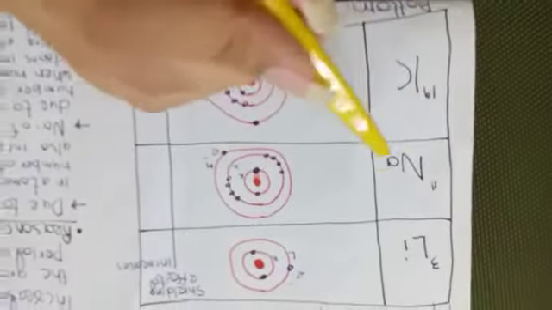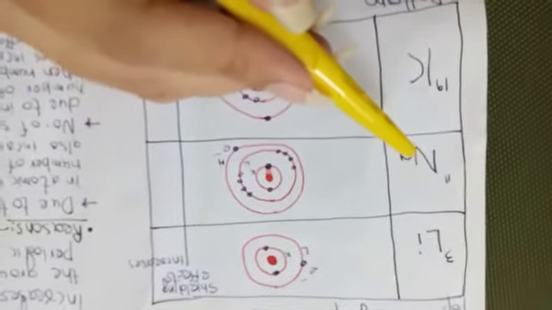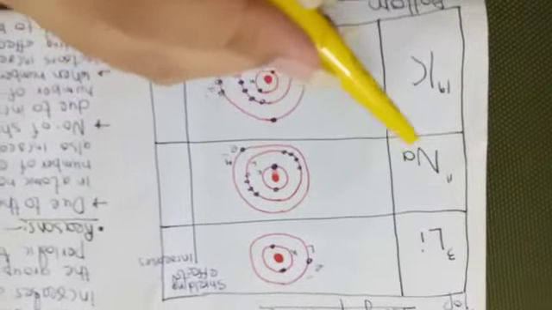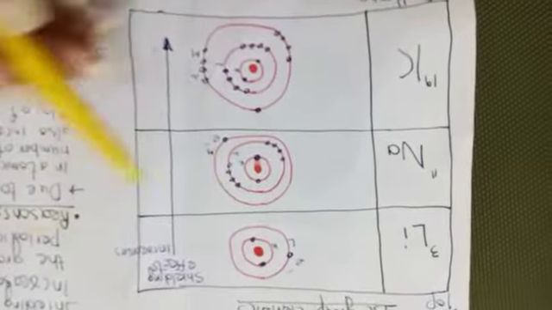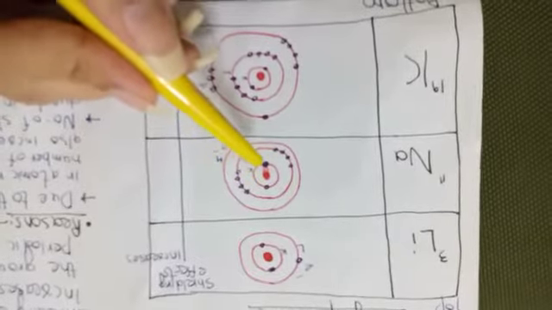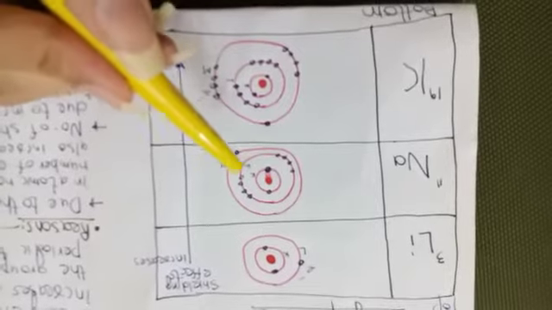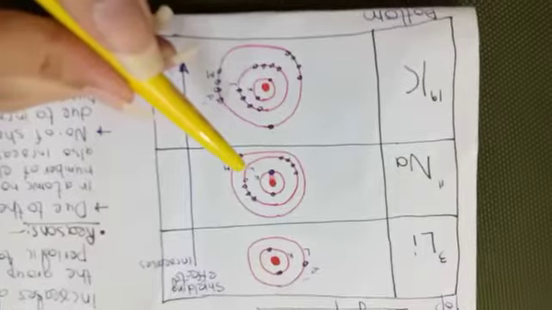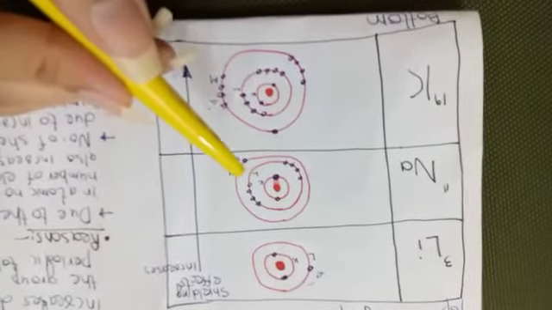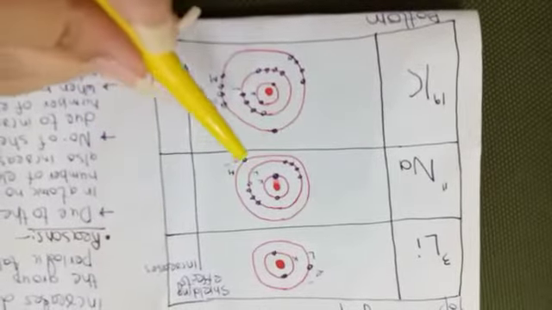Now class, come towards the second element, that is sodium. So class, the atomic number increases from 3 to 11. Now class, sodium having atomic number 11, it means 11 electrons are present in the sodium. Now class, here the first 2 electrons are accommodated in the K shell. Now what are the remaining electrons? 9 electrons are remaining. So class, the other 8 electrons are accommodated in L shell, because the maximum capacity of the L shell is to accommodate 8 electrons. Now how many electrons are remaining? Only 1 electron is remaining, so that electron is placed in the M shell.